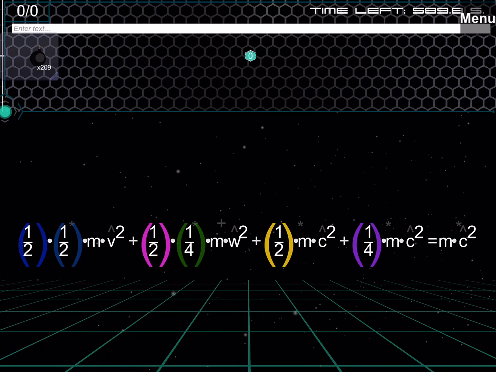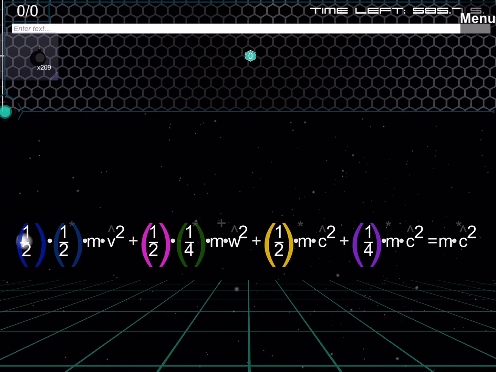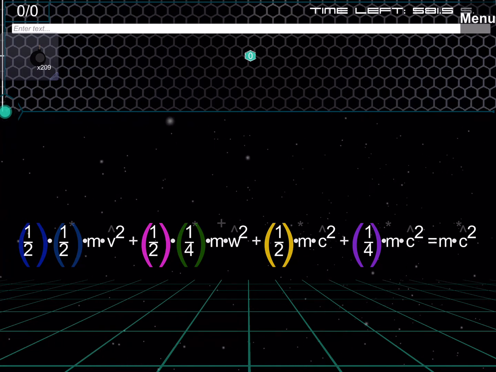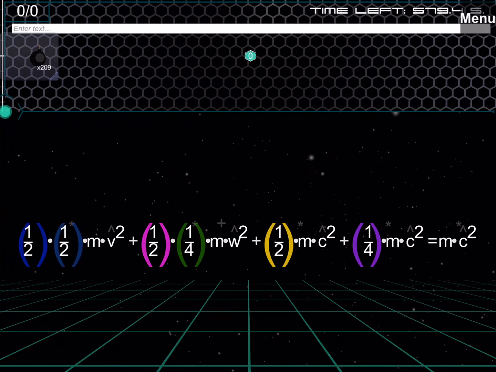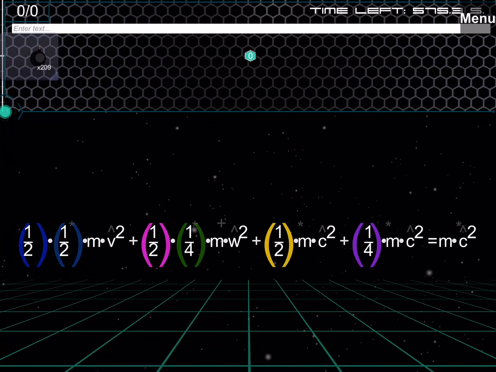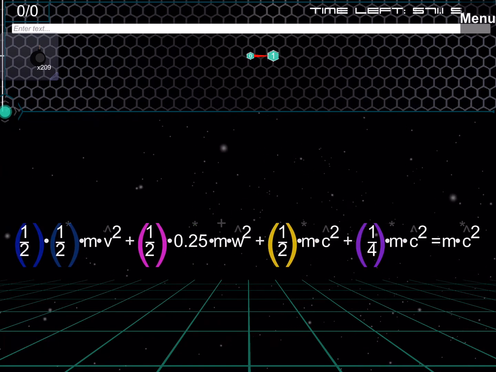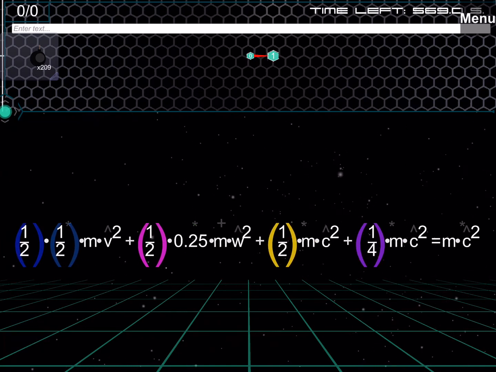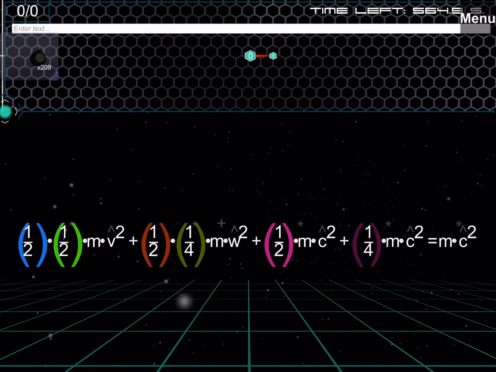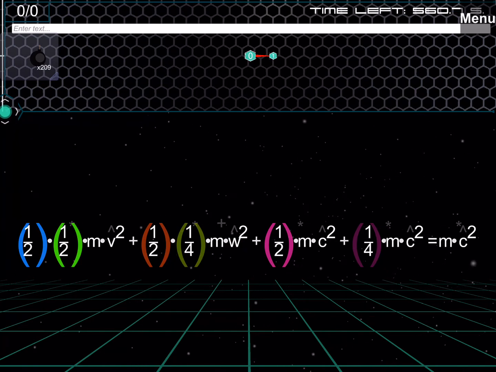So based on the conservation of energy, this 1/2 is just part of the kinetic energy equation, and this 1/2 is 1/2 the original mass, and v is the velocity of the first particle, and similarly 1/4 is 1/4 of the original mass. Okay, I don't have to do the calculation. Let me go back. W represents the velocity of the second particle,